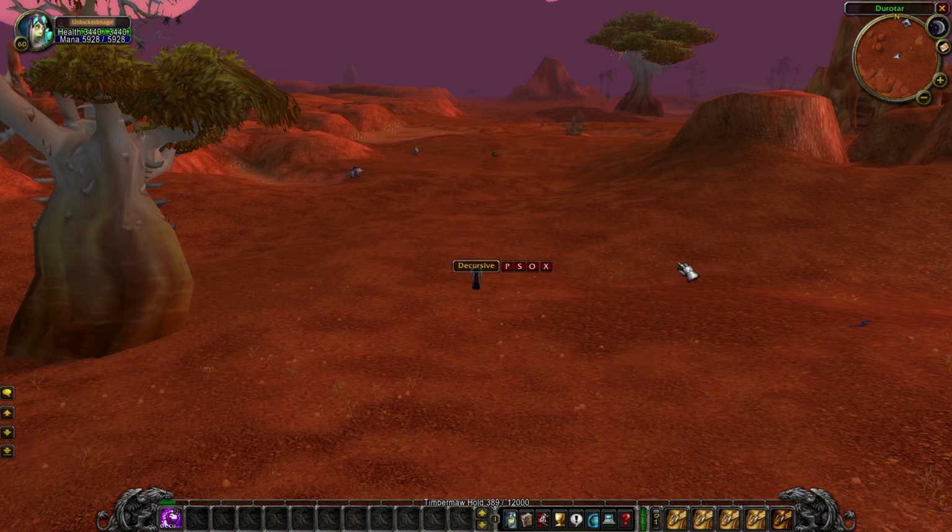We use the Decursive add-on to remove curse, disease, poison, magic, etc. from the raid. A very important function of this add-on is that you can select priority targets, for example the tanks. Make sure you use this add-on in raids like the Spider Wing trash in Naxxramas, Lucifron and Gehennas in Molten Core, or anywhere else. Remember to update it at the start of each raid to add the tanks who were not there in the previous raid.